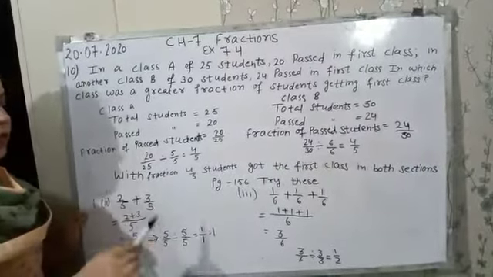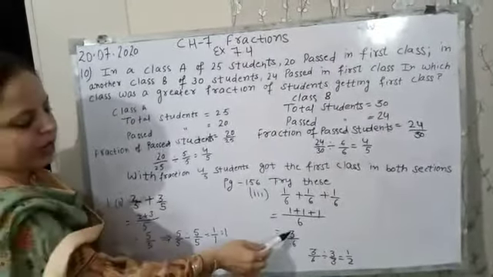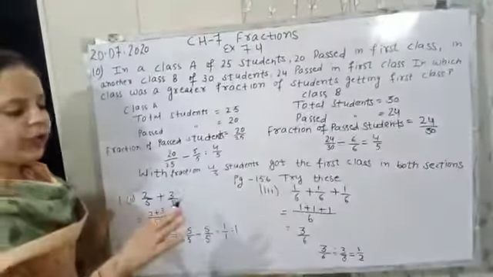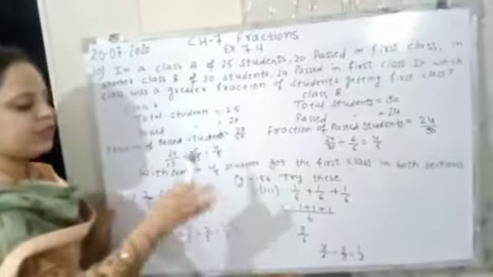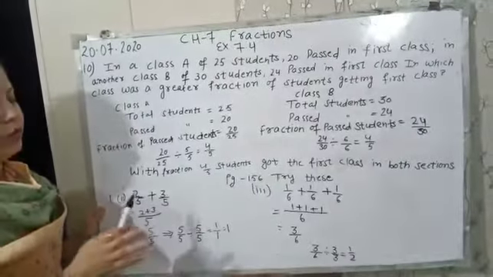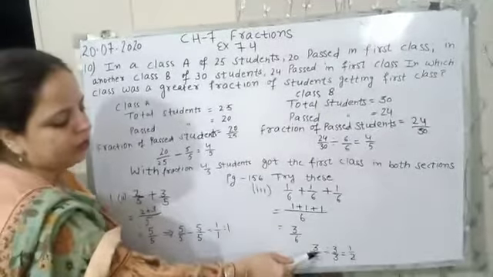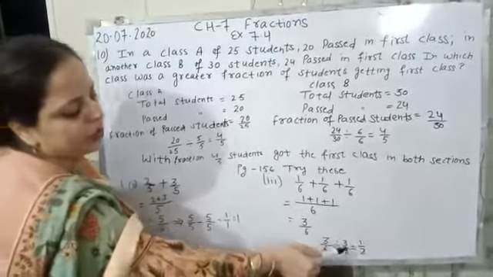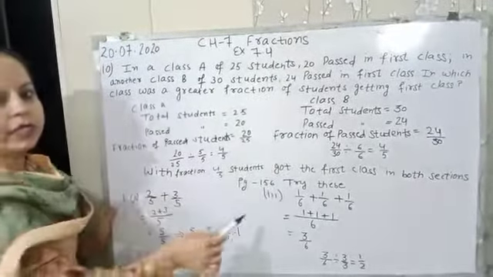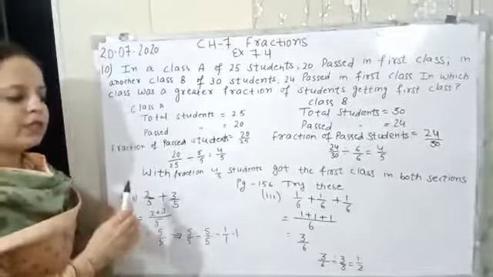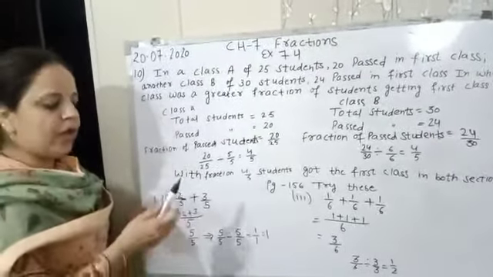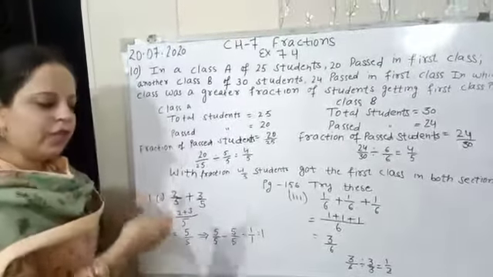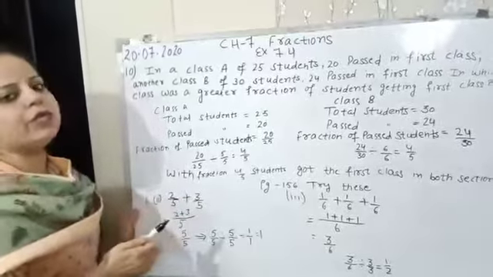Now 3 by 6, we can find its lowest term also. In the numerator 3 is a prime number, and again according to the definition of a prime number, you know 3 is divisible by itself and 1 only. So we will divide it by 3, and when we divide it by 3, it comes as 3 ones are 3, 3 twos are 6, that is 1 by 2. It's the addition of these 3 fractions. Same way you can find the subtraction also, and always when we add or subtract our given fractions, in the last you can find their lowest term also.